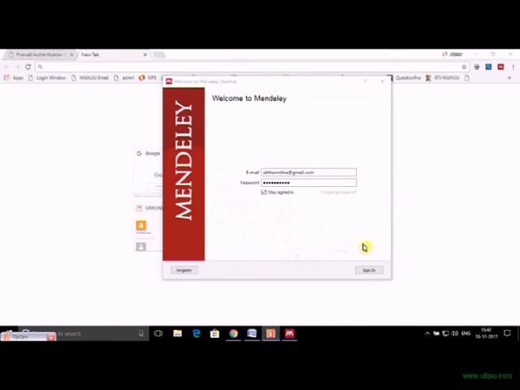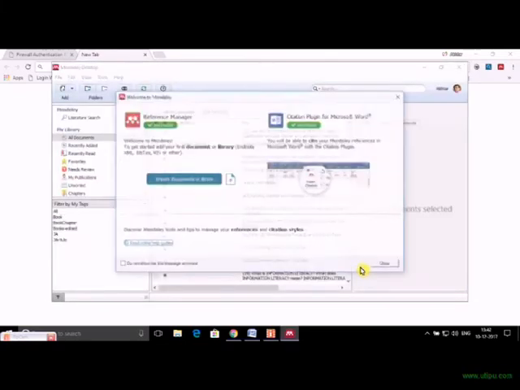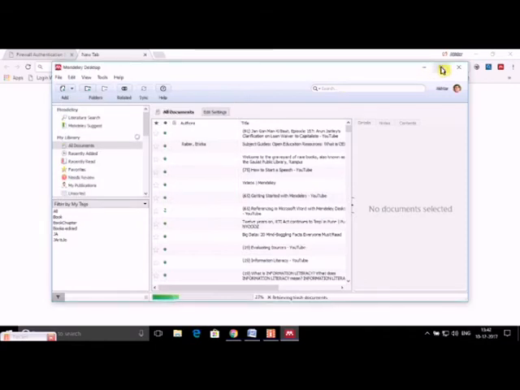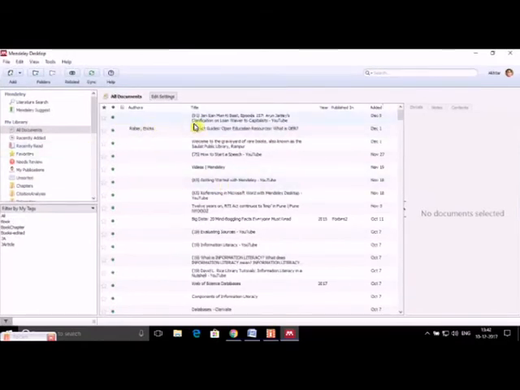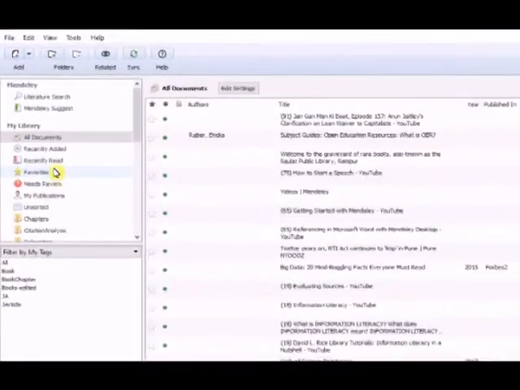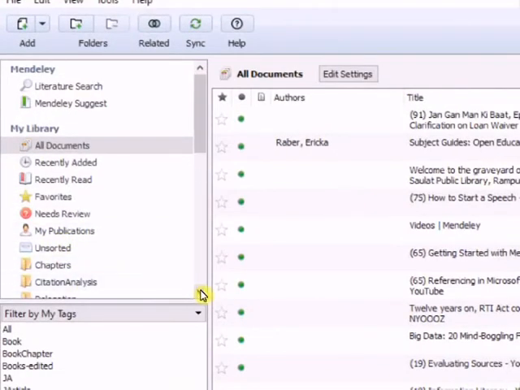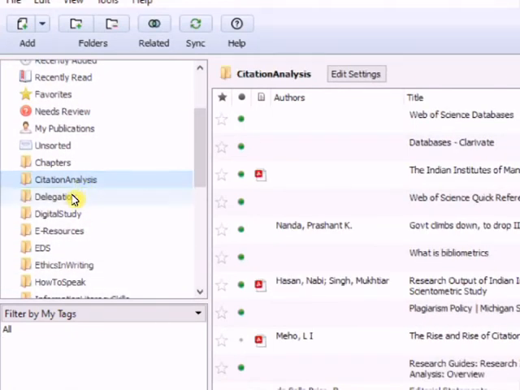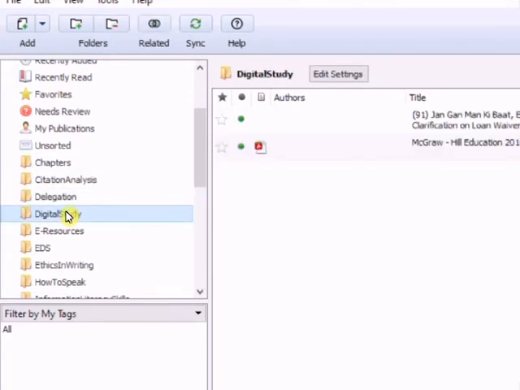As I said, I have been using Mendeley for a long time, and let me just show you how I have stored my documents. So I'll go to my account and I'll close these things. Okay, I'll enlarge it, and here you see all my documents are appearing. So what I have done is that here I have created so many folders: citation analysis, delegation, digital studies.